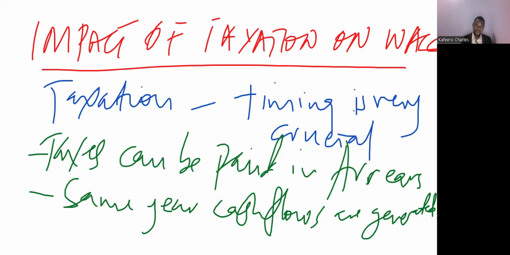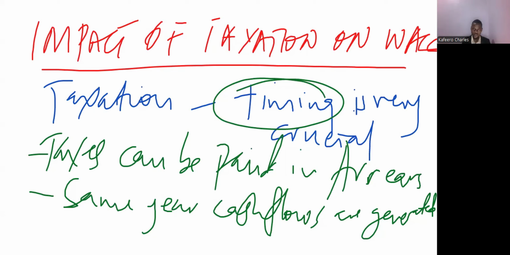But there is a scenario where the taxes for this year are paid that same year. That's what we call paying taxes in the same year as the cash flows are generated. But paying taxes in arrears is what most of the times happens in most countries. So we want to look at the different treatments given the fact that we have those two issues, because we've said that the timing of the taxes is very important